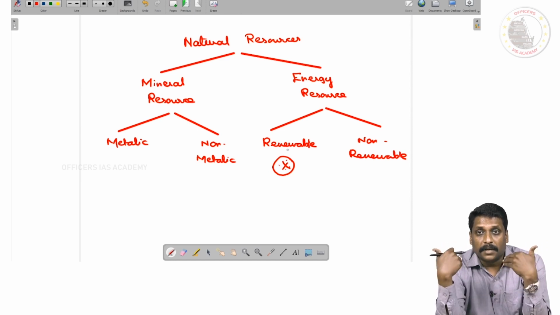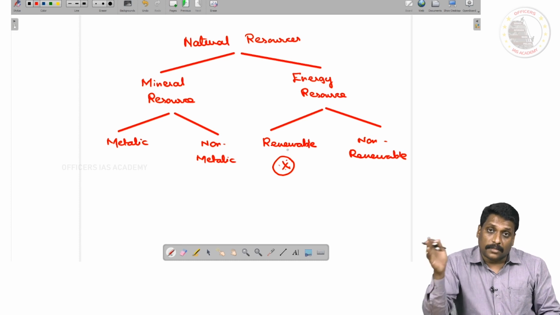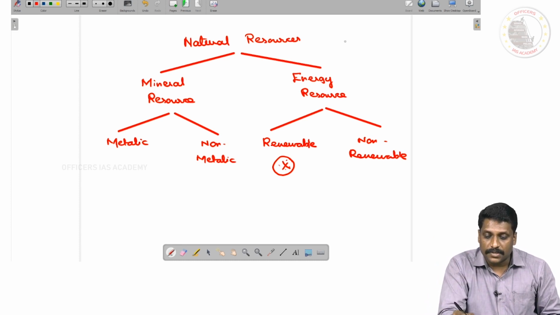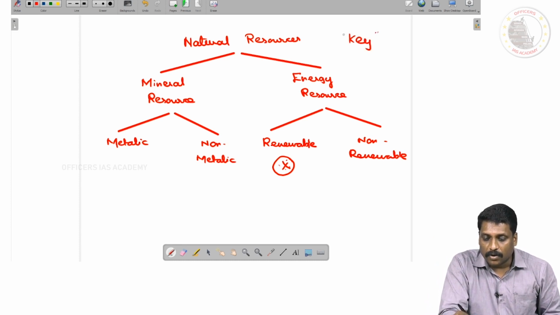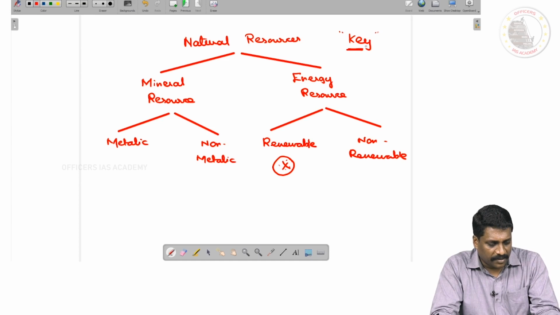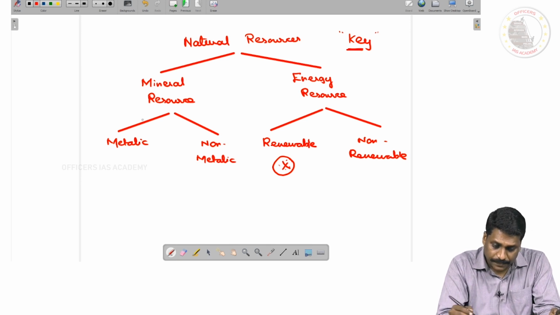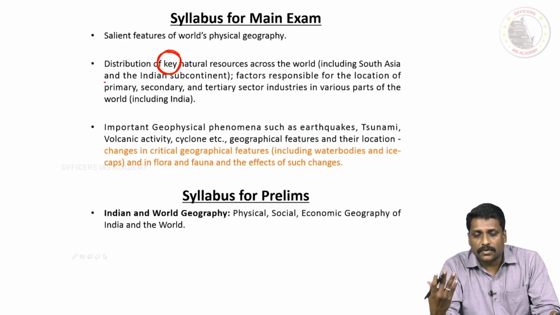And these 3 to 4 will be determined by the demand of the time. Maybe just before you write the examination, the current scenario will determine the meaning of this word key, and what different sources and resources you can bring under the word key. Right, my dear friends. So almost 1.5 paragraphs of syllabus we have decoded.